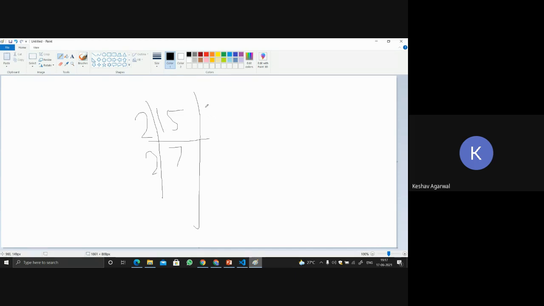What is important is storing the remainder. So we will divide the number by 2 again, so 7. On dividing by 2, we will get quotient as 3, and then the remainder as 1. Now again we will get 2, and then again on dividing it we will get 1. So this is the logic.